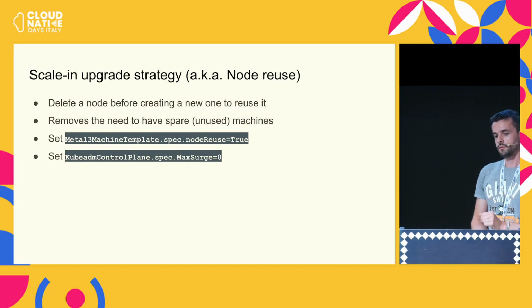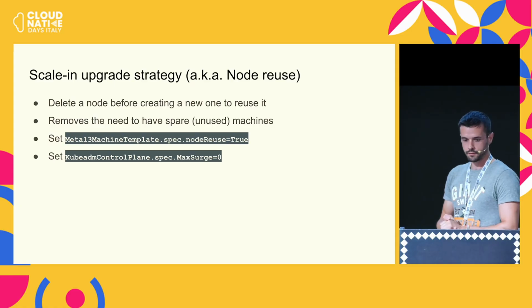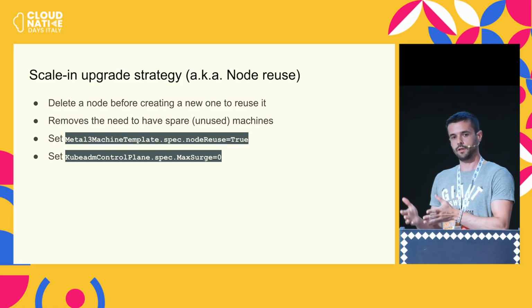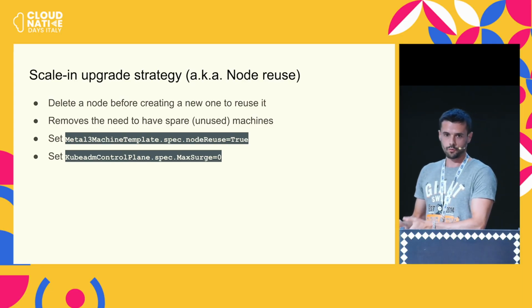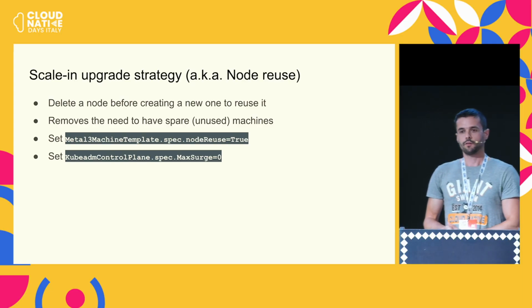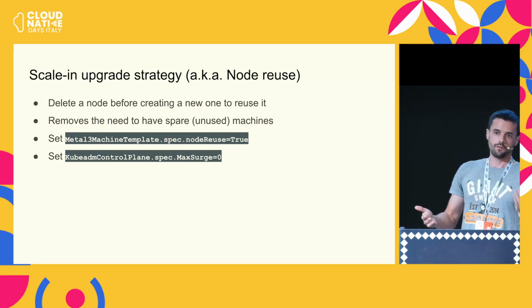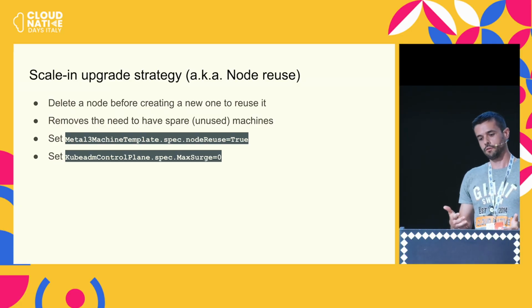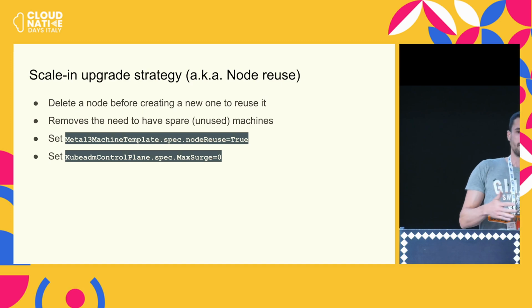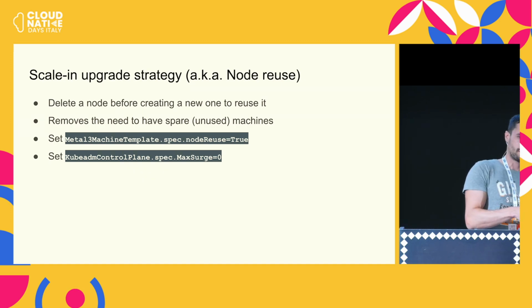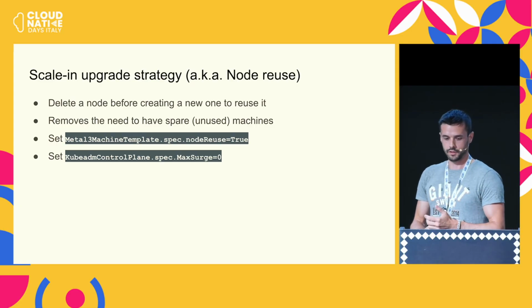An interesting one is upgrading clusters. Because we can't just pop physical servers out of nowhere like we can with virtual machines, we might want to reuse physical servers so we don't need to have hot spares and hardware capacity lying around doing nothing. So we can have a scaling. Instead of provisioning new servers and then deleting old ones one by one, we're going to do the opposite. We're going to deprovision old servers and then create new ones, so we can get that bare metal host CR to go back to available state and then consume it with our upgraded nodes.